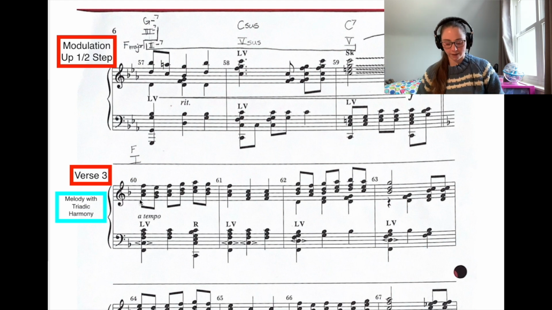So aside from that, you have G minor 7, C sus, C7, and I'll add the B flat in there just so that you can hear that. So B flat, G minor 7,